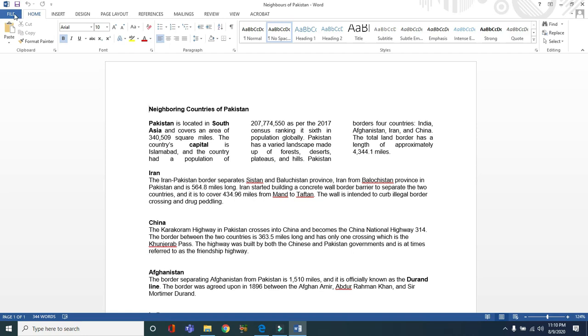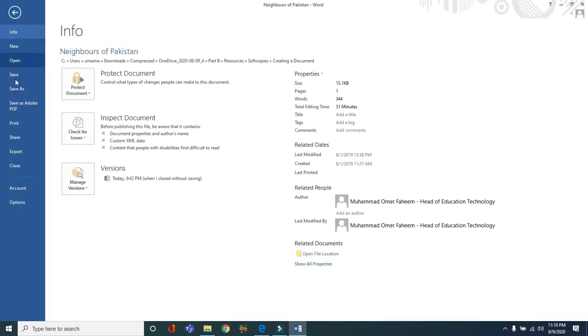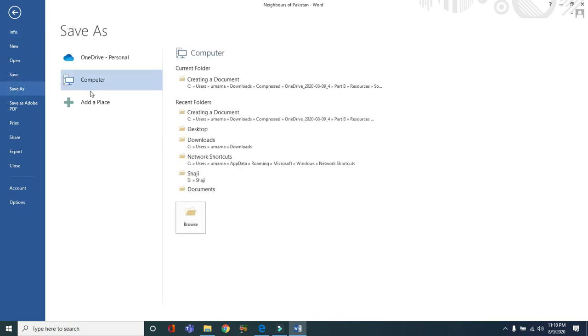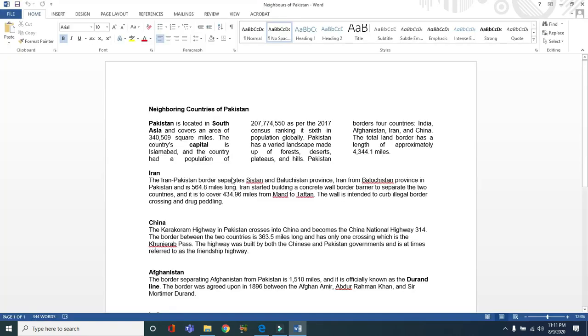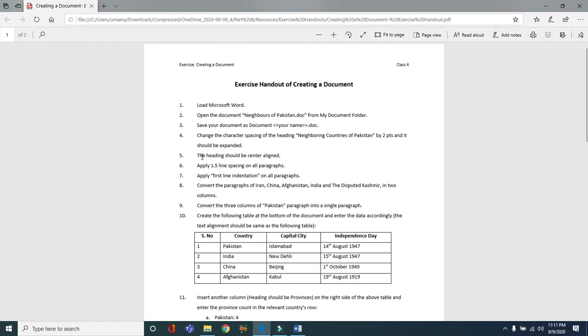So I'm just going to click on the file option. Here this is the save as option. I'm just going to click it. I'm just going to click on the document, and here I have to write the name of the document. It could be Michael or it could be your name, okay, and then you have to click on the save option. These are the first three steps we have followed.